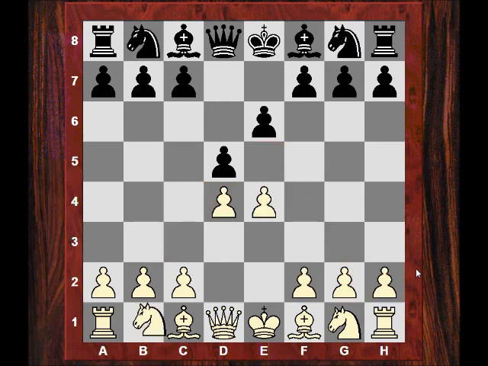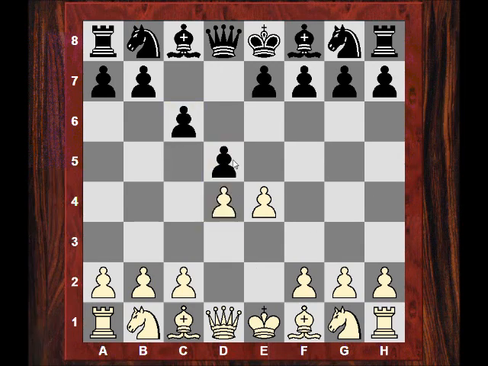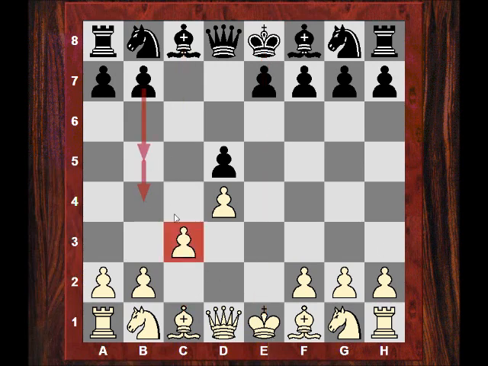And if you were lazy, and a lot of online players are against the French, and they just play the exchange, they're basically killing off the imbalances in the position with this symmetrical pawn structure. And the same with this low overhead system, which I've seen recommended against the Caro-Kann, is almost killing off some of the dynamic potentials in the position, but it's not as severe, because actually white has a semi-open e-file and black has a semi-open c-file, and if white plays c3 later, then black potentially has a minority attack plan later.